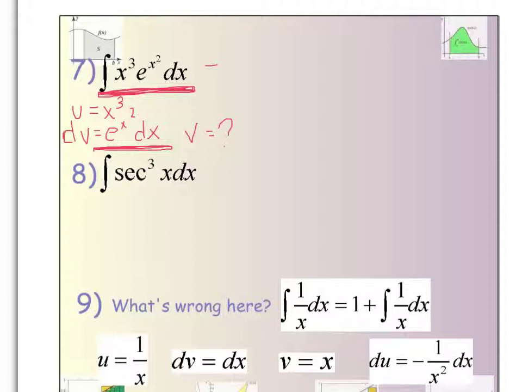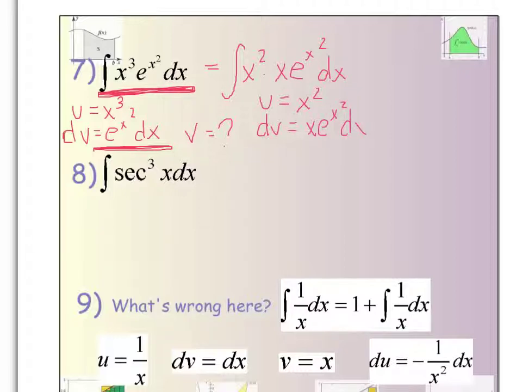Instead, what I suggest you do is write this another way and say, well, that's just the integral of x squared times x times e to the x squared dx. And watch how this can help you, because if you now let u equal x squared and dv be equal to x e to the x squared dx, then now you are able to find what du and v are, because du will be 2x dx,